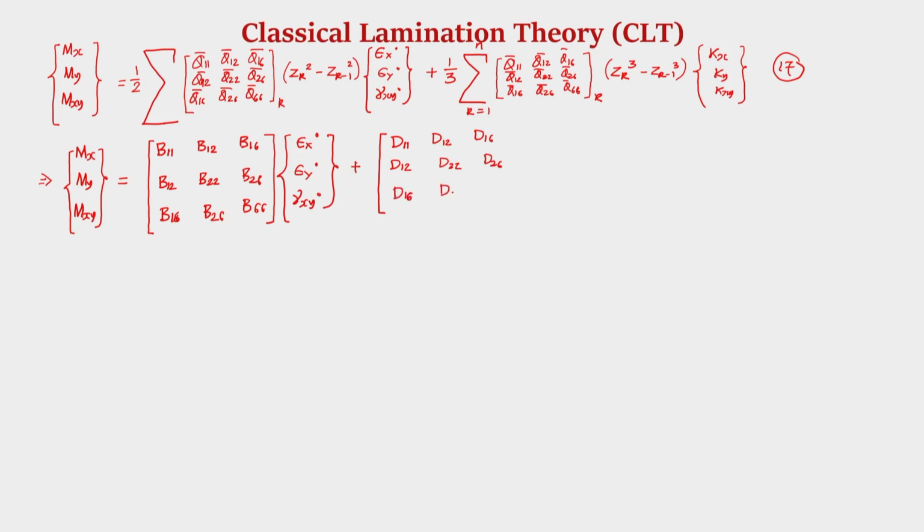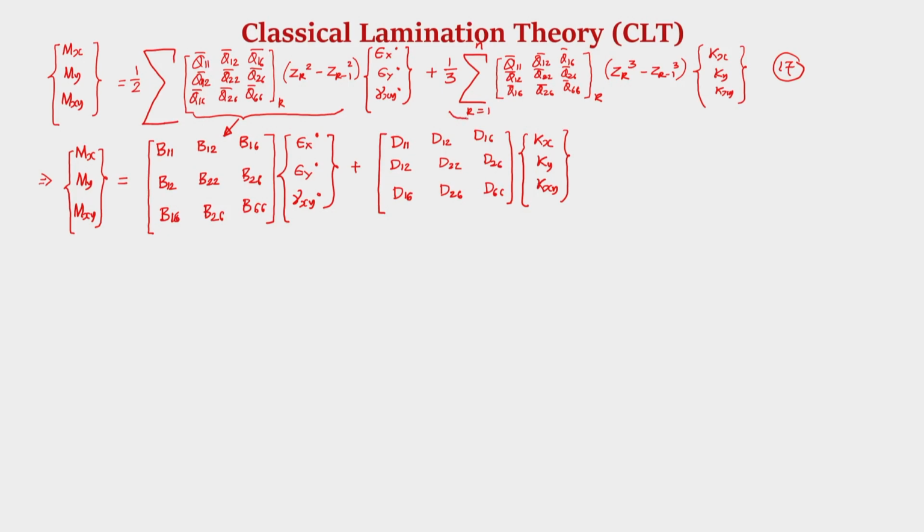The symmetric matrix, but I am writing it just for the sake of completeness. You could write only the upper triangle, and multiplied by the curvature k x, k y, k x y, where this is the B matrix we have already defined while defining the force resultant, and this is a new one. Sum over all the layers 1/3 into q bar k, z k cube minus z k minus 1 cube, is the D matrix,